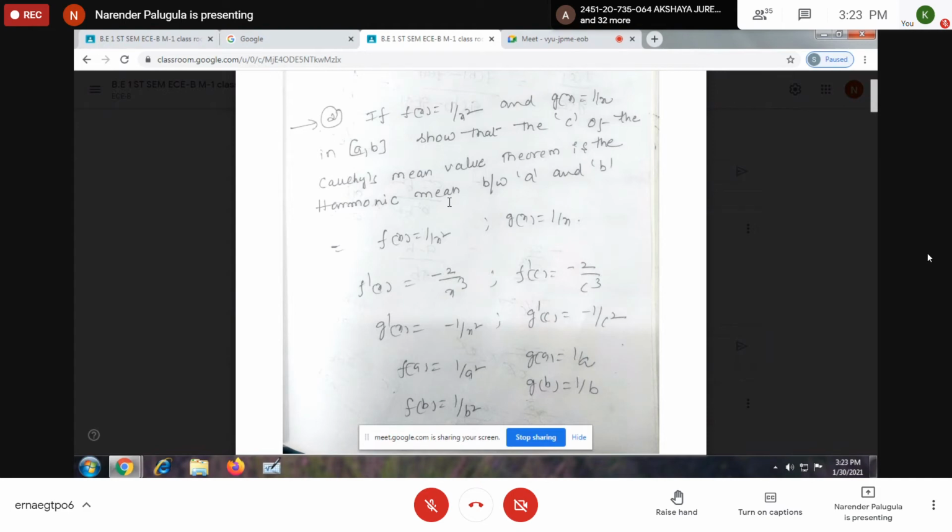In this question, there is one small logic miss: the interval AB is a positive interval. Otherwise, zero may be between A and B. Suppose 0 is there between A and B, then f dash x, g dash x will be infinite at that point. So there is no question of the existence of f dash, g dash, and f of x, g of x are not differentiable. Obviously, they are not continuous. Hence the theorem fails.